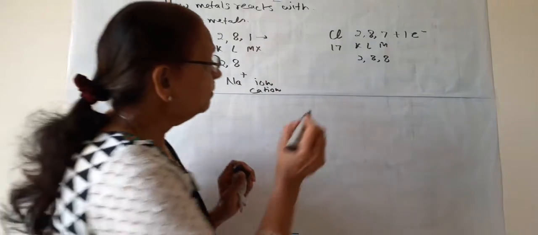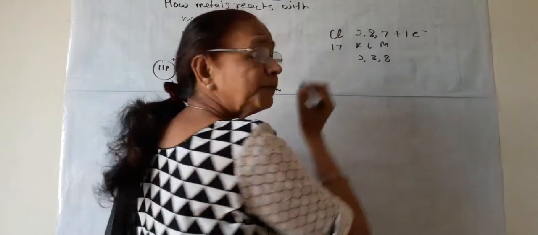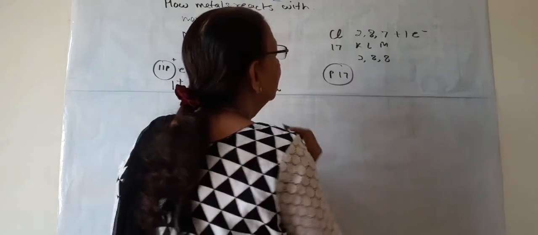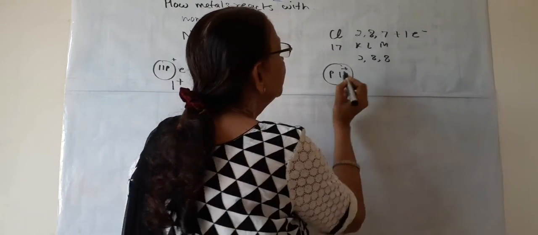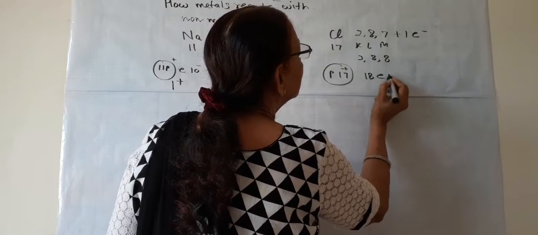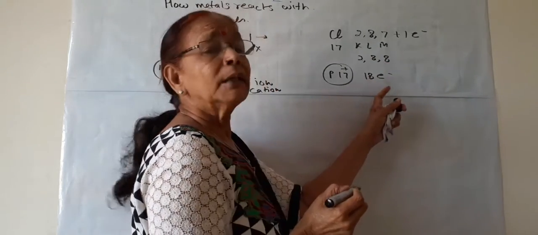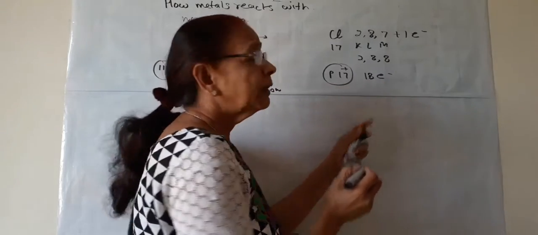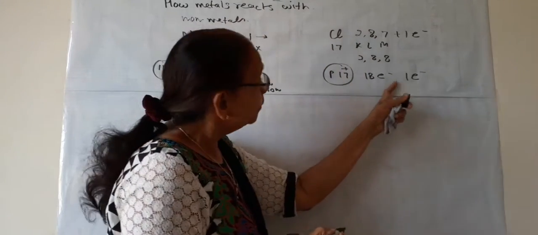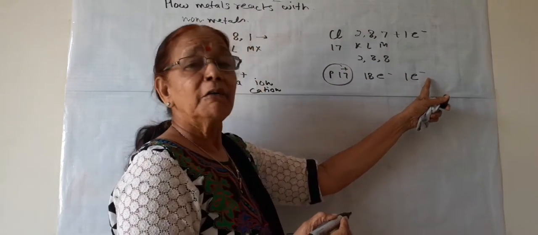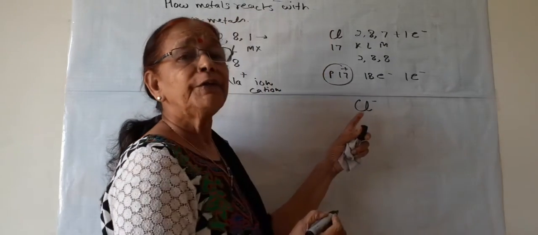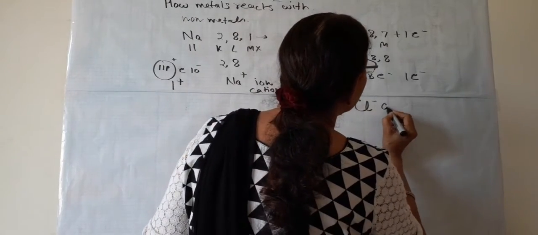What about chlorine? Chlorine has one more electron. It has 17 protons, which are plus. Now the electrons are 18: 8, 8, 16 plus 2, 18. Now it has 18 electrons. So what is the difference? One electron is more. So now the chlorine will have one negative charge. So an ion of chlorine is formed with one negative charge, and this is known as an anion.